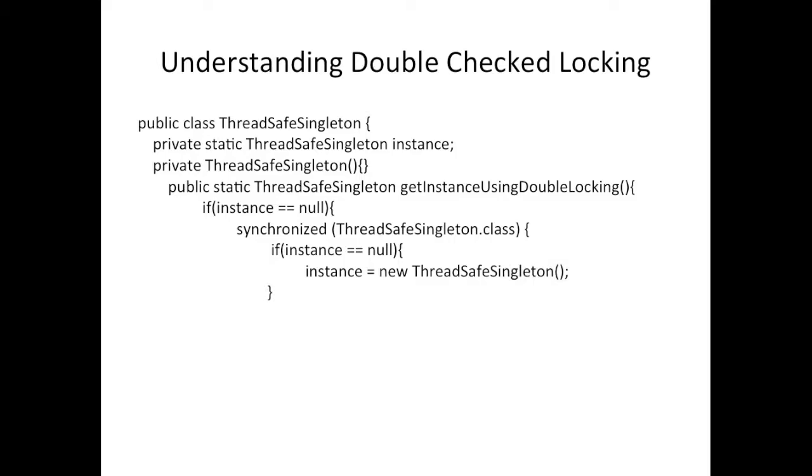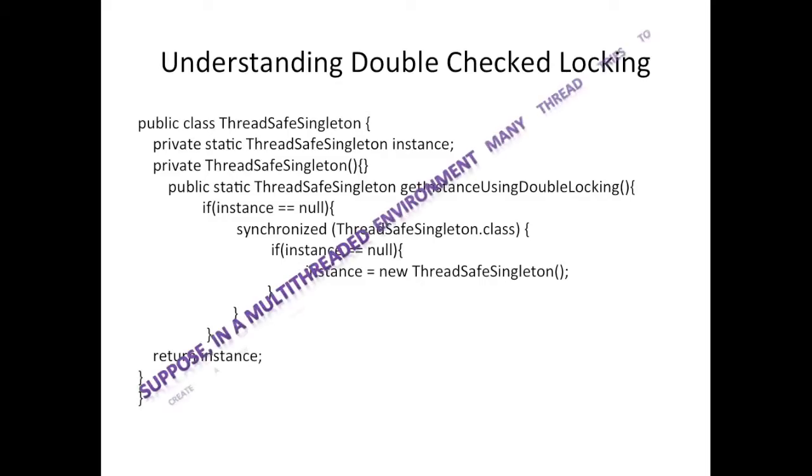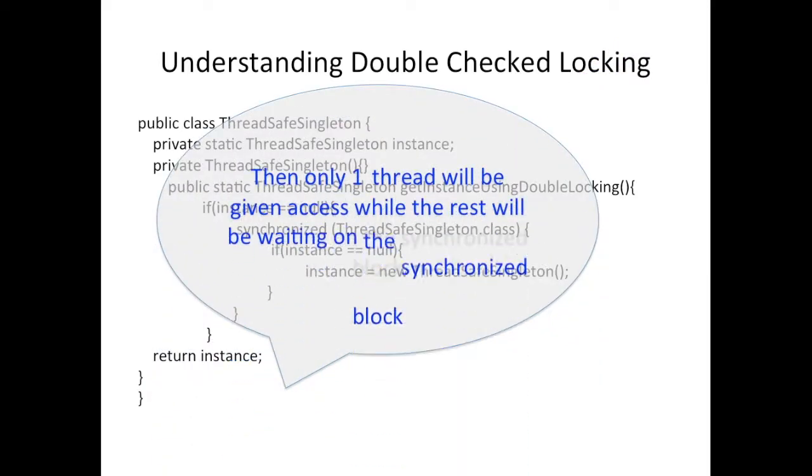So it's pretty much the same code that we discussed before. Now suppose we are encountering a multi-threaded environment and many threads try to access a new instance. What will happen in that scenario? Suppose there are 3 threads and only one thread will be given access while the rest of the threads will be waiting on the synchronized